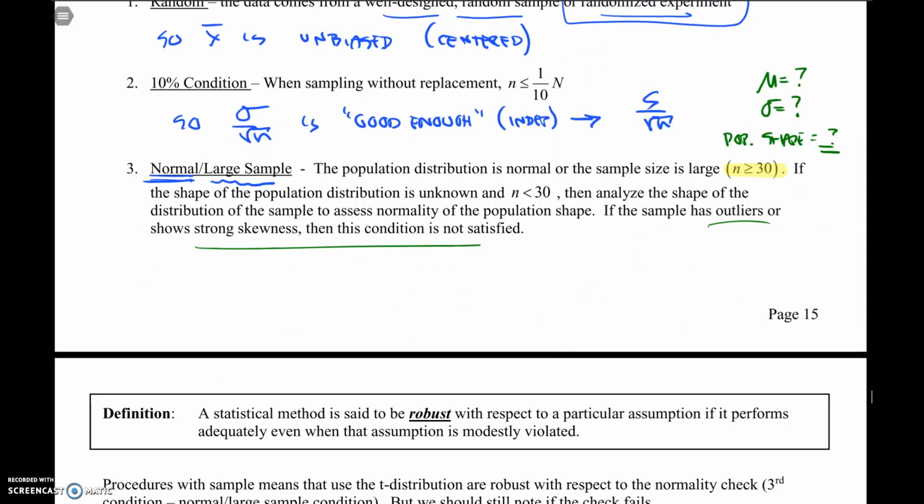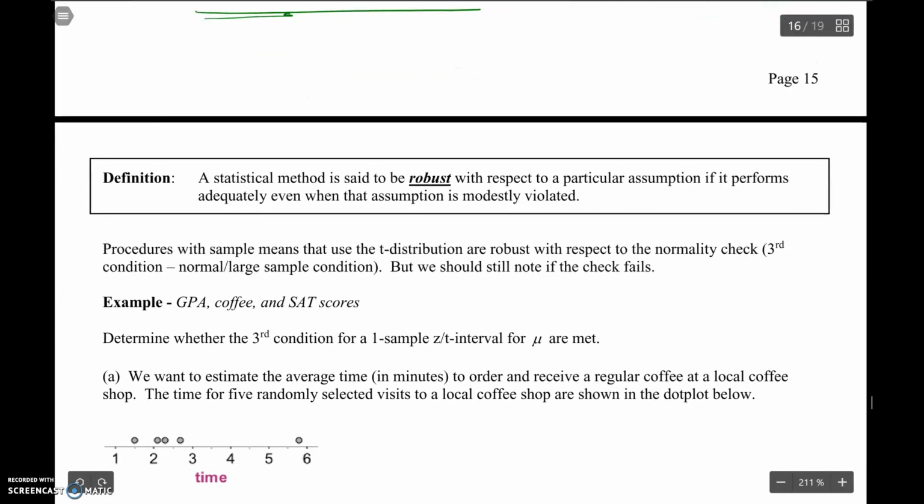So we just run it. If the sample has outliers or shows skewness, we're going to say it came from a population that was skewed, and it's going to fail the check if the sample size is small. The one thing we do have going for us, though, is